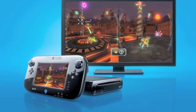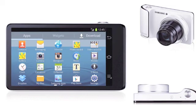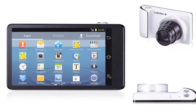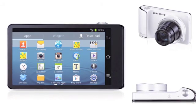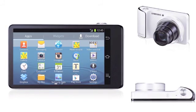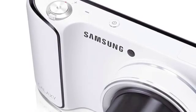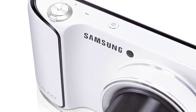And Mathan, if you really want to lash out, you suggest people could buy a Samsung Galaxy camera, $600. Yes, this would be people that have got a bit of cash around and just want the latest gadget. The thing that makes this unique, we talked about it when it was first announced, is it's now available in the market. It's running Android software, so software you see on the Samsung Galaxy smartphones, but it's in a digital camera with